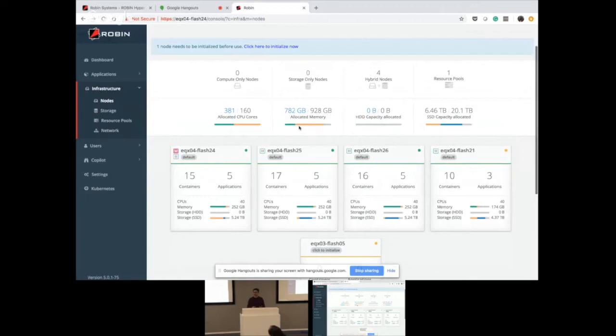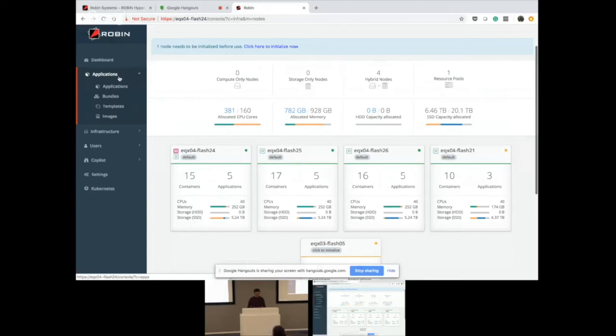As soon as you add a node to Robin, we will discover the compute available, storage available, and memory, and then we will allocate storage and everything from this cluster. We work on top of Kubernetes, right? Like on GKE, we can deploy our software and it works.